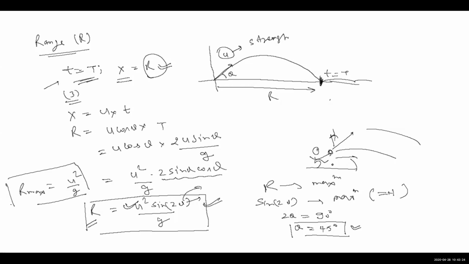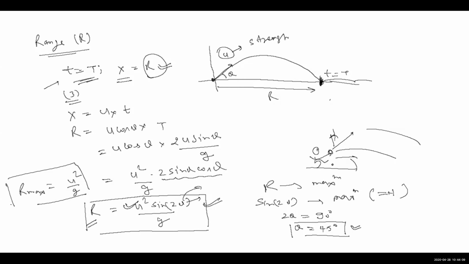So the juicy part: from the very beginning, I keep saying we'll not remember the formulas, we'll remember the process and follow the process. Why am I saying that? All these formulas are only valid for this kind of projectile, where the point of projection and the point of landing are along the same horizontal line. Only then these formulas are valid.